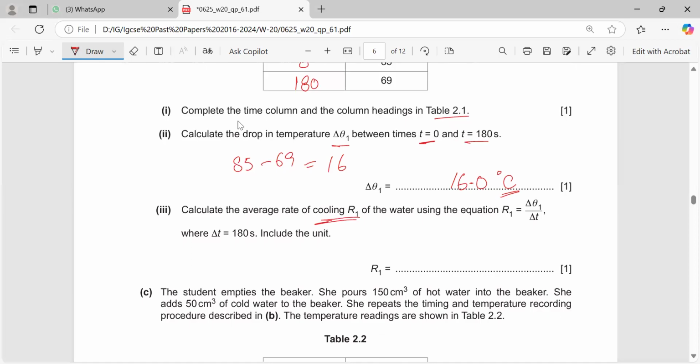Rate of cooling means time will be involved and time will be in the denominator. For understanding, you can think of this as the speed of cooling of the water, using the equation R1 is equal to delta theta 1 over delta T, where delta T is also given, 180 seconds. Include the unit, of course. So 16 over 180, as we simplify it, we get the answer